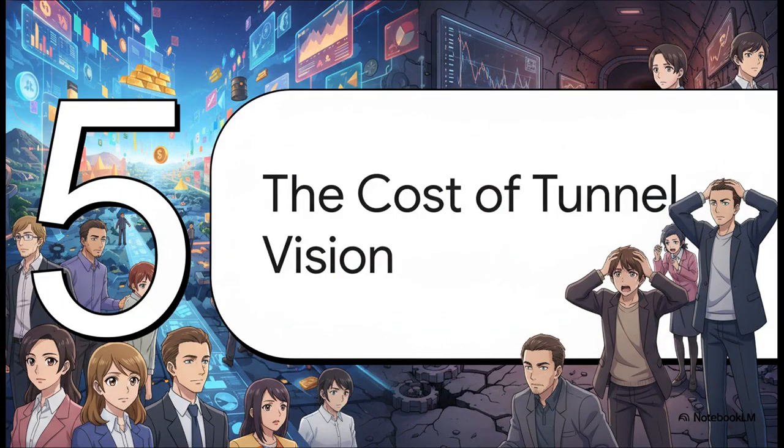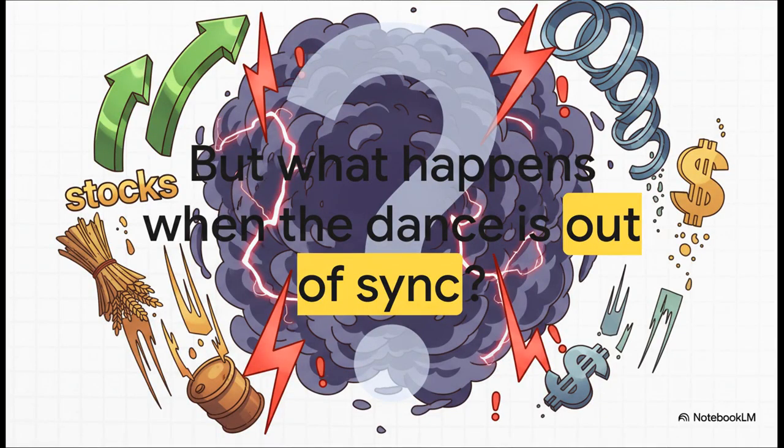But this brings us to a really important warning. If understanding the whole market leads to all this clarity and opportunity, then ignoring it, having that tunnel vision on just one instrument, leads to confusion, frustration, and ultimately failure. So what happens when the music gets weird? When stocks are rallying but commodities are falling? Or what if bonds are selling off but so is the US dollar? This is what ICT calls decoupling, and it's a sign of deep uncertainty in the market. It's a giant red flag telling you to be careful.